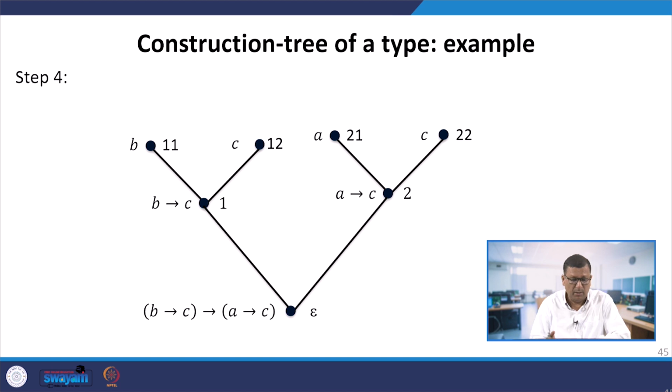We can verify the position levels are correct. This is A arrow C, this is B arrow C, this is this. So we have a node here. A arrow C means the tree grows by 1, and the moment we put another arrow, the tree grows by 1. As if we are doing this, although the tree is written in a